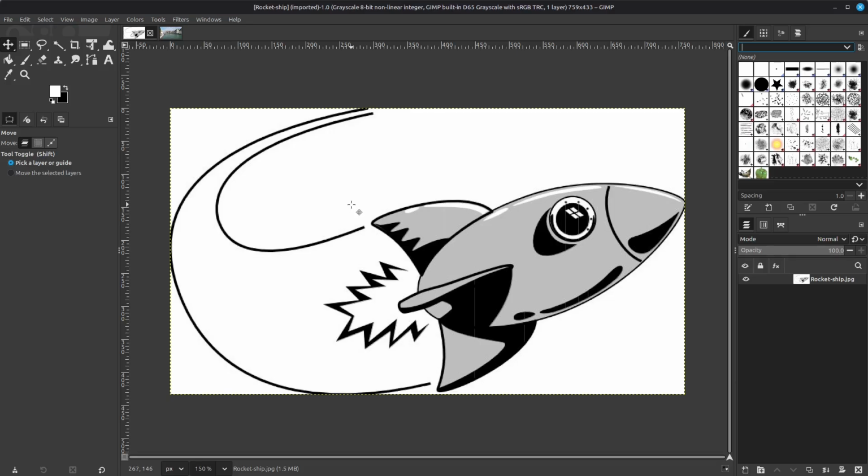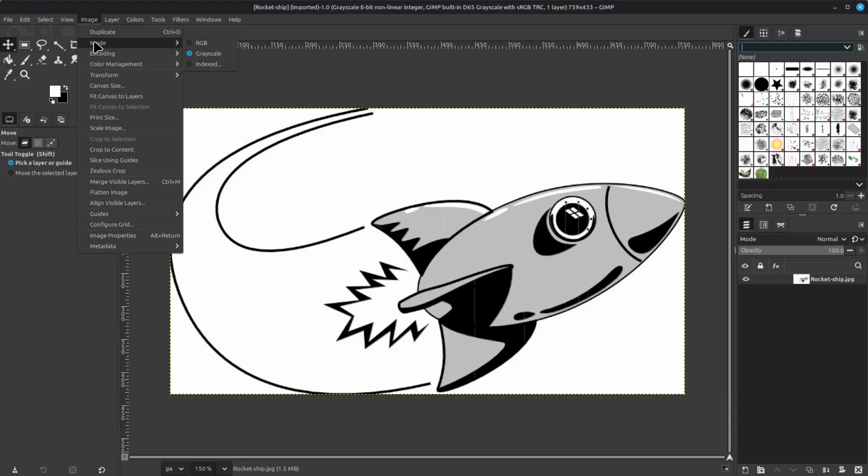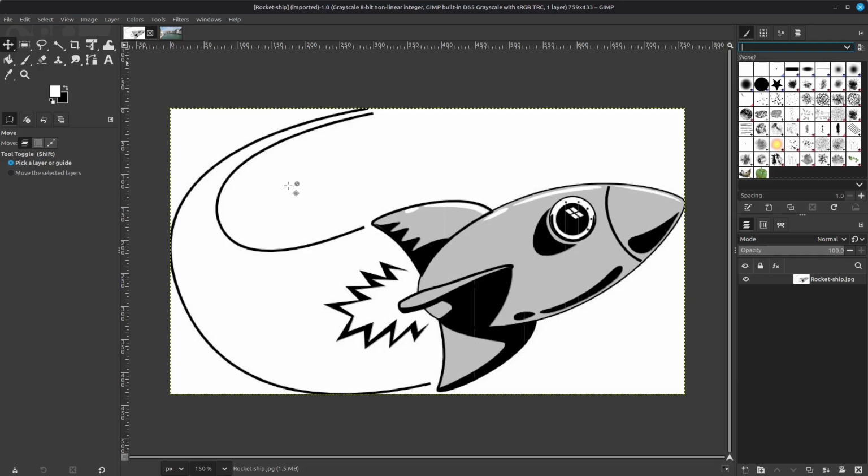In this particular case, I want the image to stay the same size that it is. The next thing that I will want to do is set it to grayscale. So I will come up here and click on Image, then Mode, and then Grayscale. It's already in that mode, but if it was a color image, it would probably be in RGB mode. I'm going to click Grayscale. That will turn it into grayscale as needed, and I'm good to go.